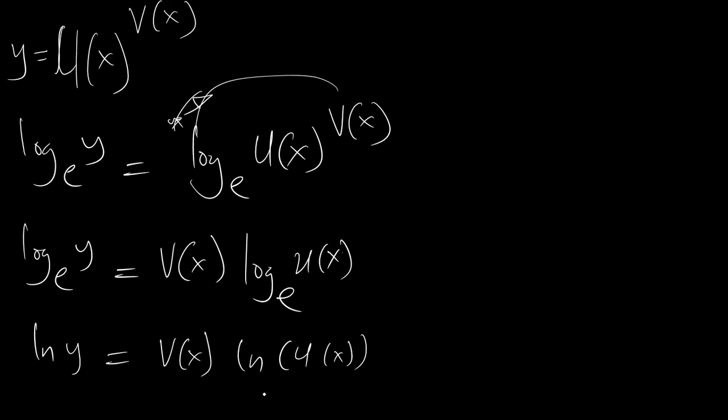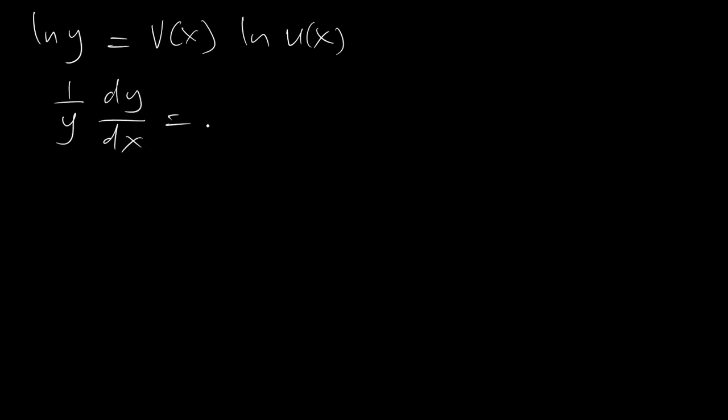Now, this is the same as saying ln y is equal to v of x ln u of x. So the derivative of the left-hand side will be 1 over y dy/dx is equal to, now using the product rule,